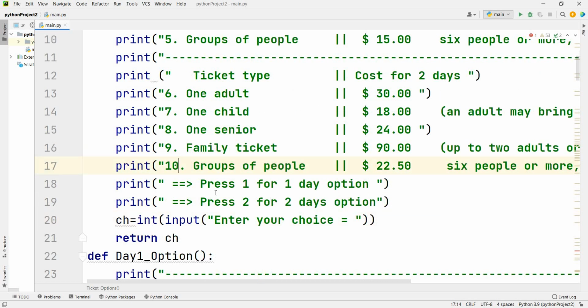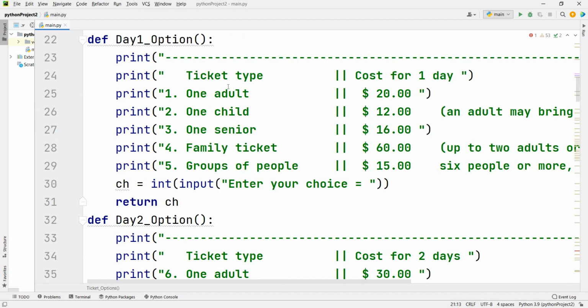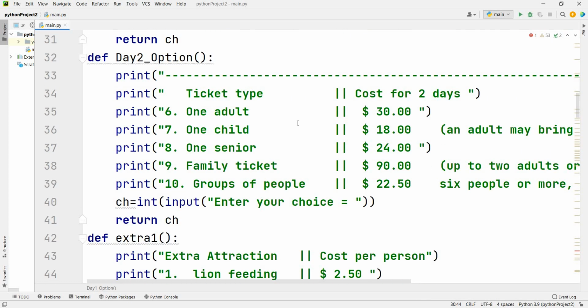After this, I will ask you to press 1 for the 1 day option and press 2 for the 2 days option. You will enter the choice, and whatever choice you enter will be returned to the same place where the function is called. This is the day 1 option and this is the day 2 option. If the user wants day 1, it will lead to the day 1 option.